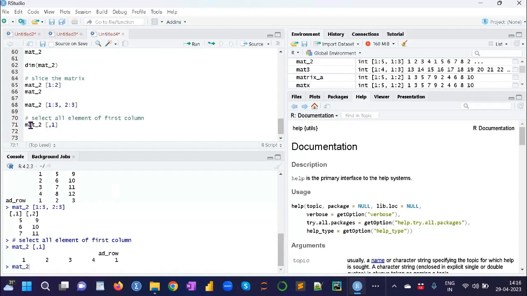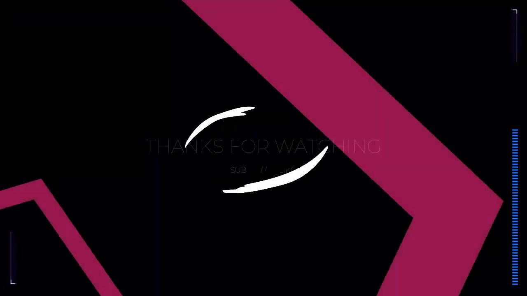In the opposite way, in row, first row, extract